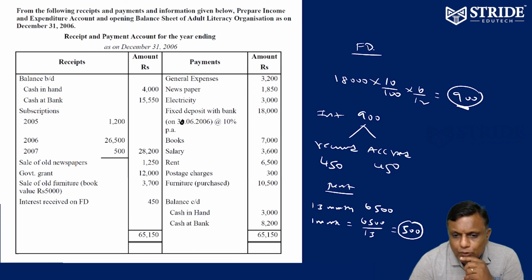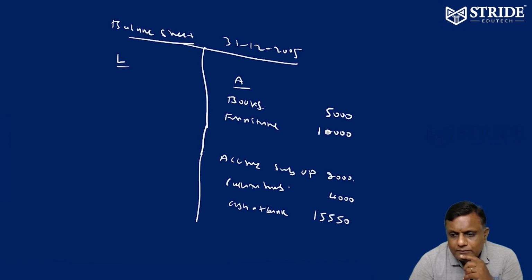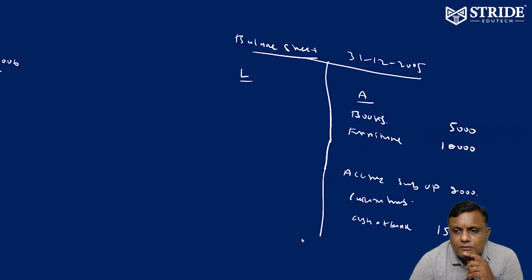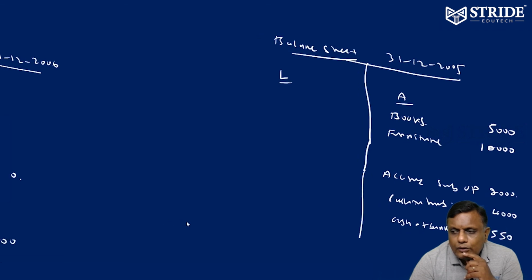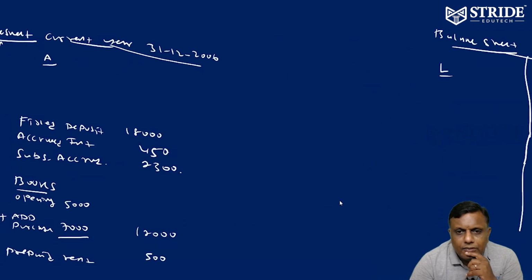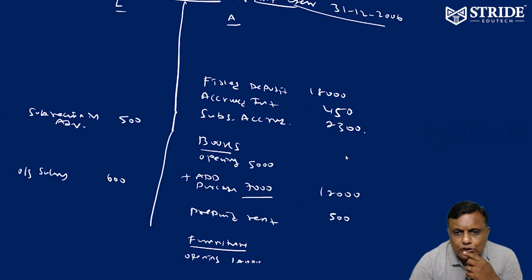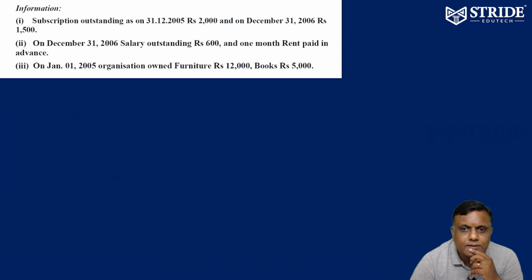Subscription, I think we already posted. I think all items of subscription have been posted properly. Kindly check it anyway. Subscription has been posted. Accrued for the current year is given. For last year, there is no outstanding liability opening given. In the balance sheet, accrued subscription, yes, given, posted 2,300. Subscription advance we have posted, right. Income side also we have posted. Subscription is properly posted, no need to worry about it.